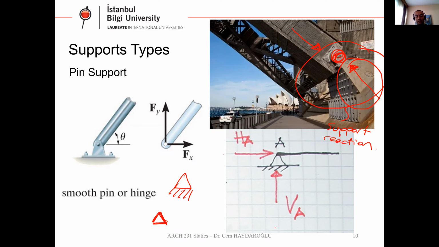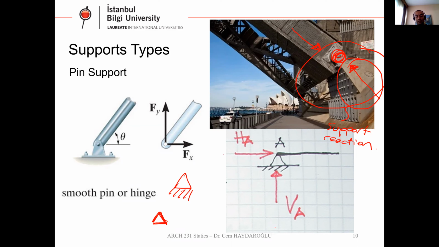Roller support. Here, at the top right corner, you can see a steel beam with a roller support. As you can see here, this is a real life structure. This is a support point. At the bottom, there are a few wheels. These are steel members. If there is a wheel at the bottom,